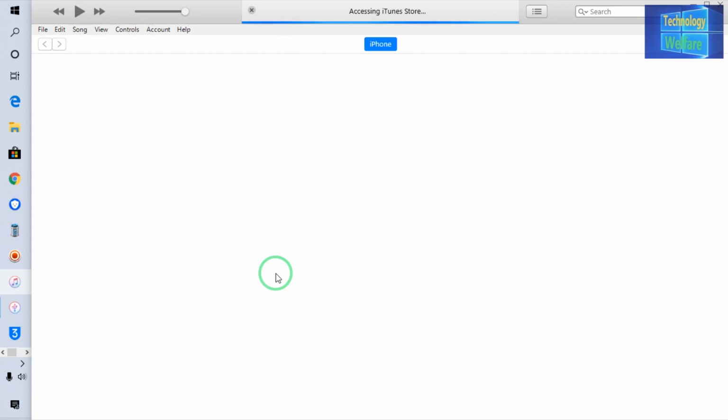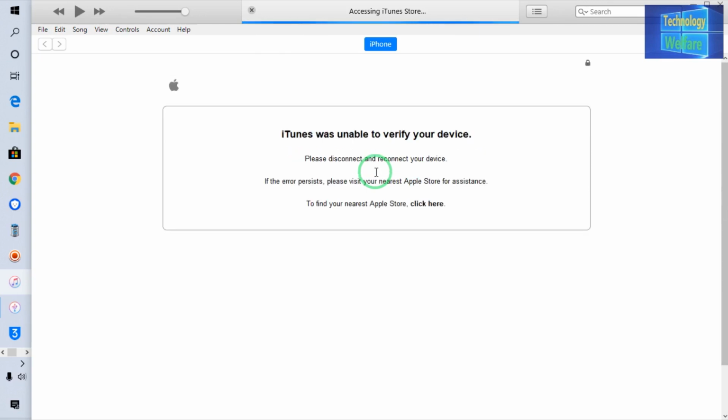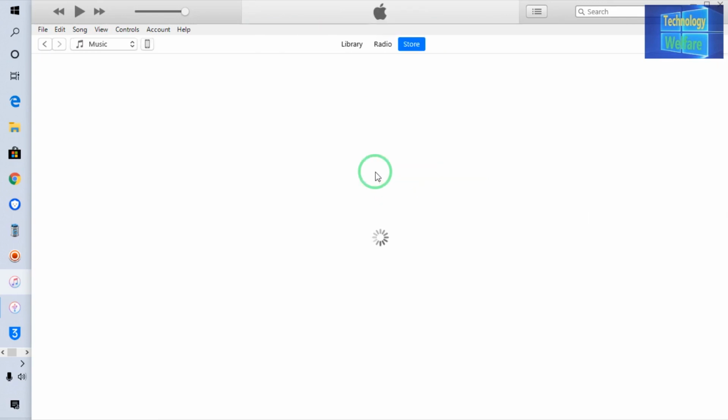So still I will have to wait, guys, that still it's going to access. So after all it has been deactivated, guys, but it's accessing, so might be it will take a time. So now see, guys, iTunes was unable to verify at the moment, so click here. Now see, guys, it's going to,